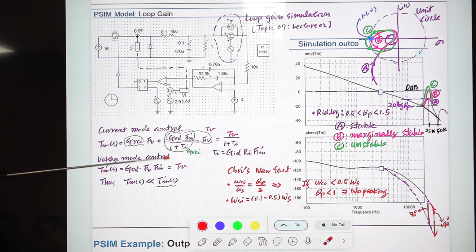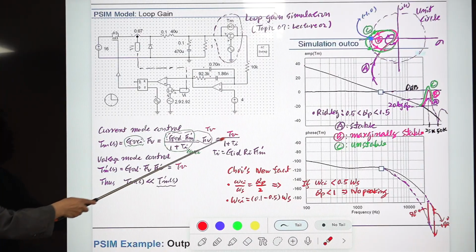Okay. So, to avoid some confusion, I denote it as TMS, and the TMS prime is the loop gain in the voltage mode with voltage mode control. That is just the TB. This one is TB divided by 1 plus Ti. This TB, they are the same thing. Okay. Then obviously this TM prime S is much larger than TMS,